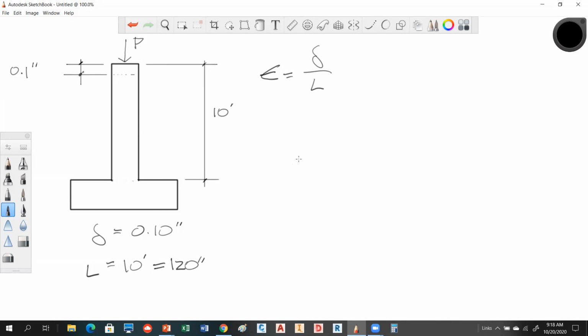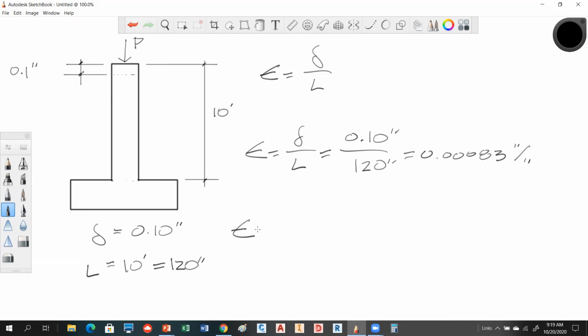So you've got two ways of specifying strain. We can say that it is inch per inch. So the amount of strain right now would be 0.1 divided by 120, and that would give us 0.00083. We would call that inches per inch. But another way of looking at that is that it's unitless. Okay? So you can also define strain like this,